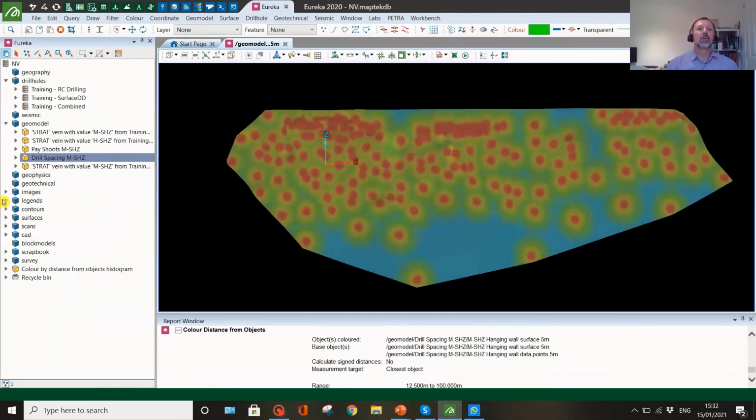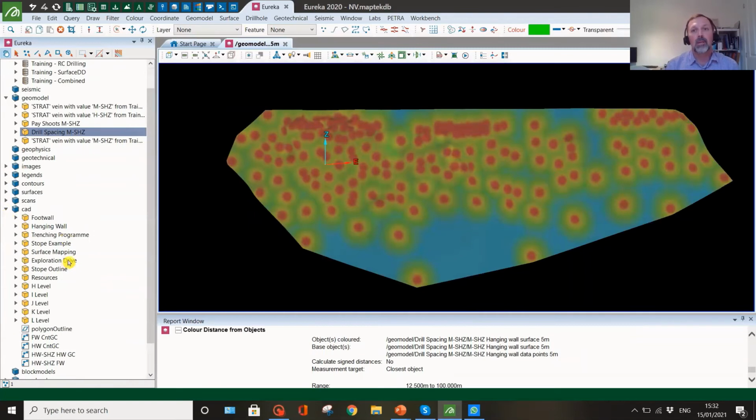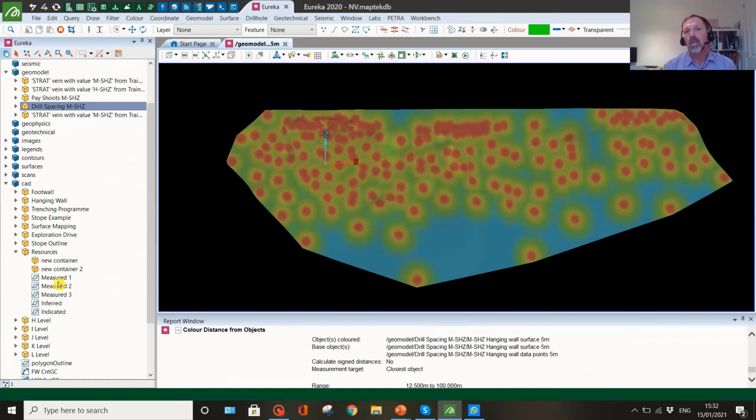Right, there we go. So there we have an outline of where all your drill spacing is. You can see where the drill holes are closely spaced, they're all red, and where they're widely spaced, there's green in between, and where you've got very wide spacing, you've got blue in between. So it just makes it nice and visual. Again, when you're trying to motivate,